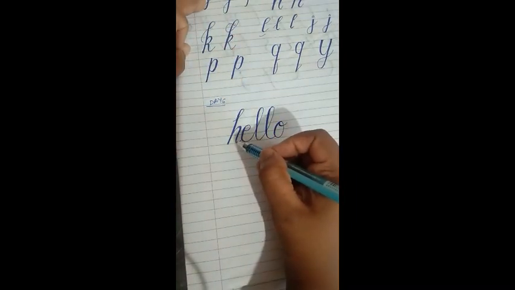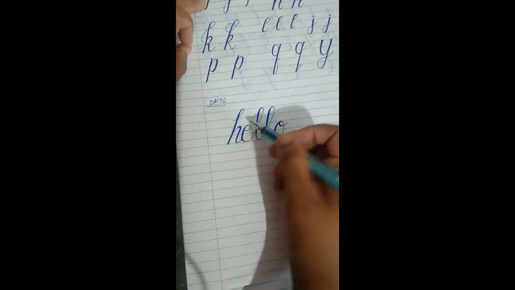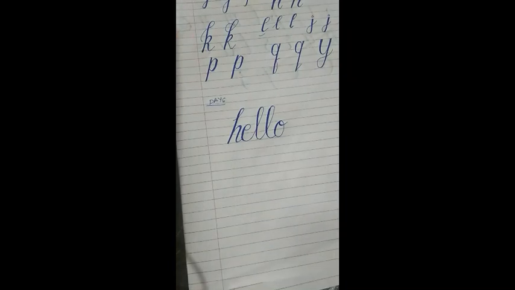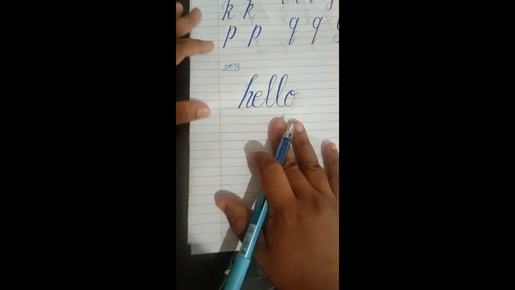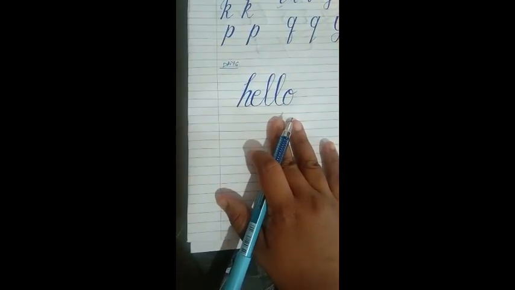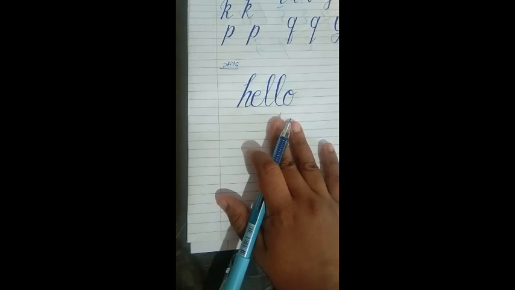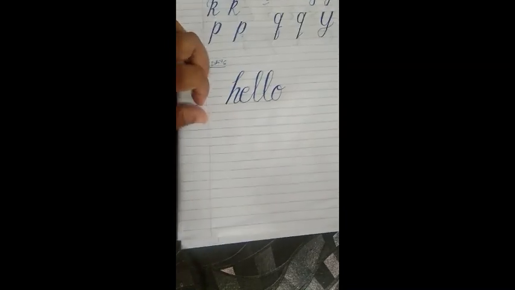See the connectivity, how the letters are being connected, H and E, L, O, how they are connected, that is the important thing. Now this is the one style of writing. I'll show you another connectivity also. See, I'm writing it big, but you can write it in two lines. I'm writing it in four lines because this will be more clear to you in a video. If I prepare a small one, then it will be difficult for you to have a look.